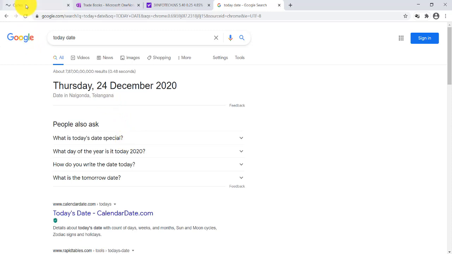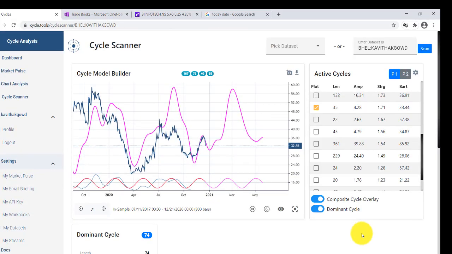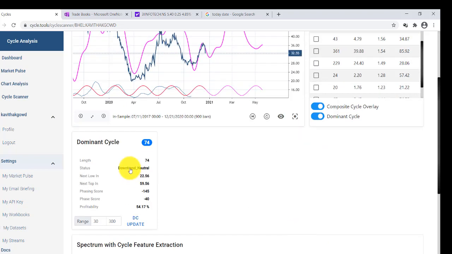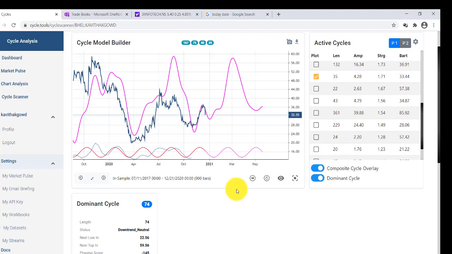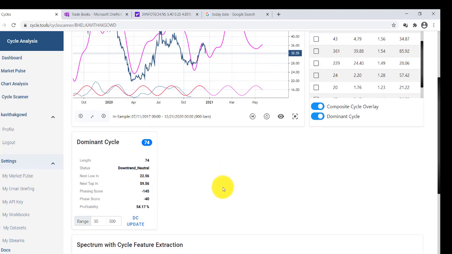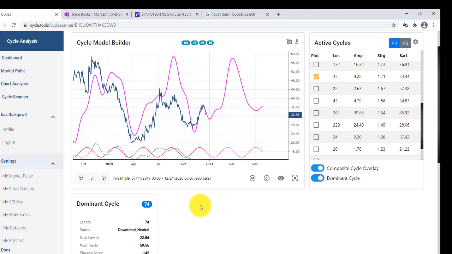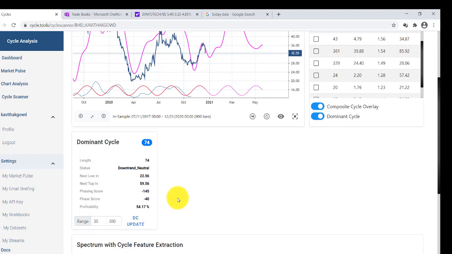Today's date is 24th December and this is the report for BHEL. Here you can see the report for BHEL, and it is showing the dominant cycle, but I am damn sure the dominant cycle is not right, because when we check the previous cycles, they are not that accurate. Here also we can see it is showing the downtrend